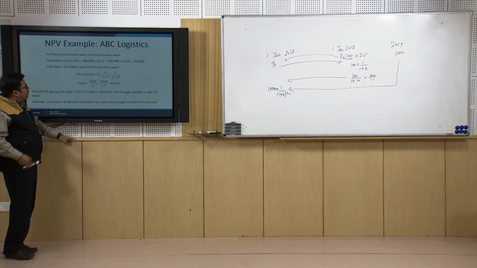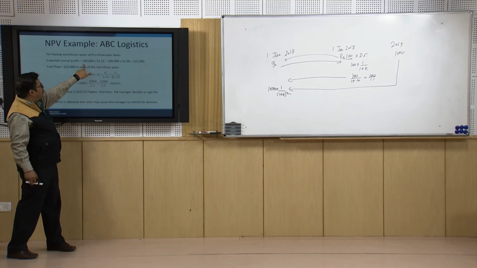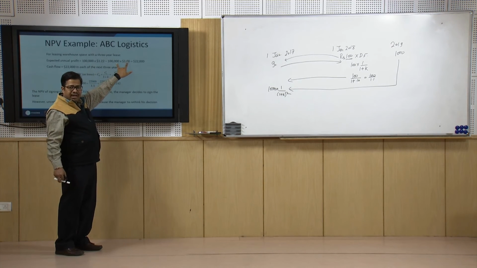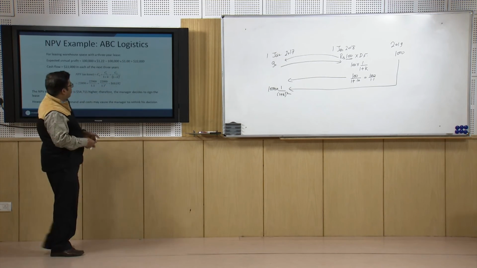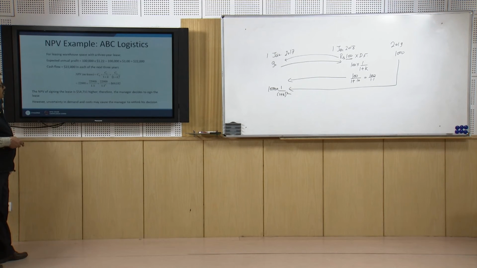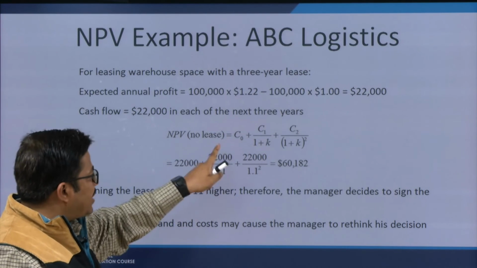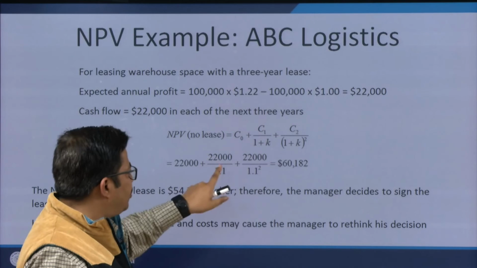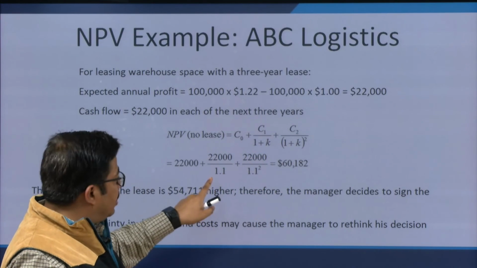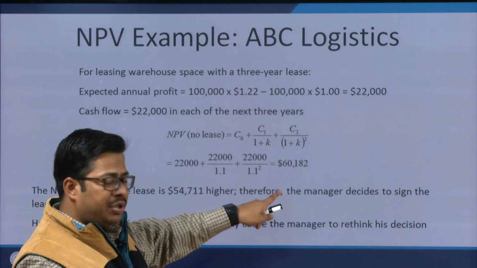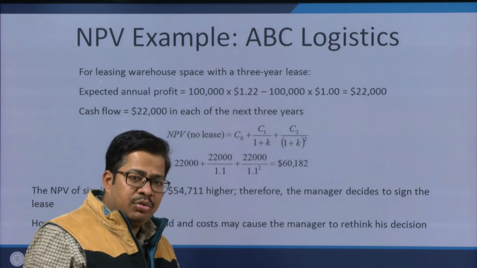When we are going for leasing of the warehouse, this is the expected annual profit, this is the revenue, and this is the cost of the land. So our profit is now 22,000. Because of that, our cash flows are 22,000, 22,000, 22,000, and this is the factor of return, 1.1 and 1.1 squared. So our total net present value of cash is